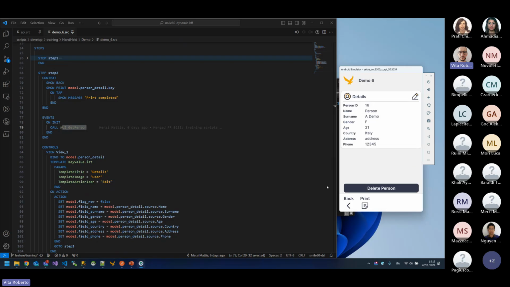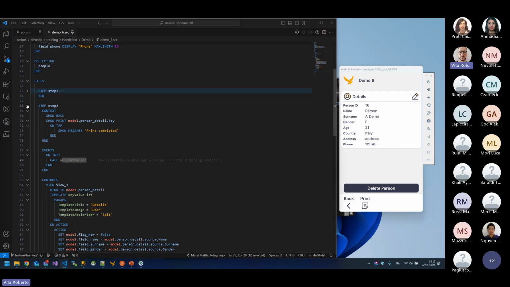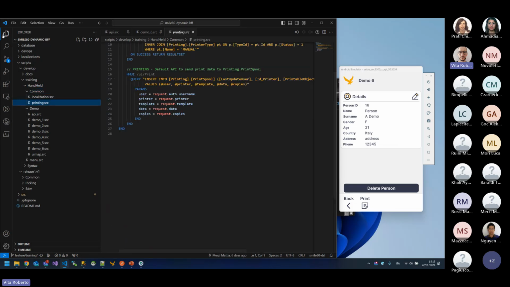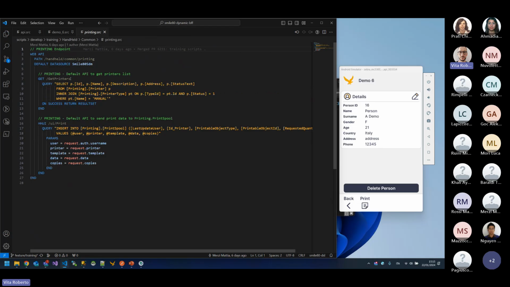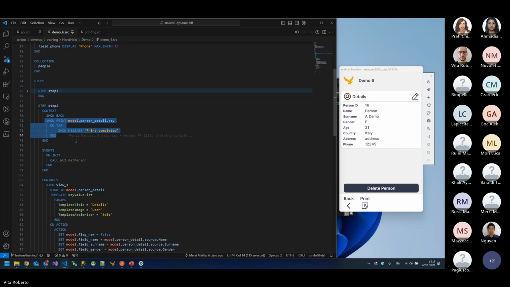Okay, and of course about the print action available here. This is just to show you the fixed endpoint that we have at our disposal for the printing. This one, and let's close this. We have two endpoints available to manage this button. This button is this one. We want to create a print button able to print this one. So person detail.key is the ID of the person, 16 in this case. And after the print action, if it's good,